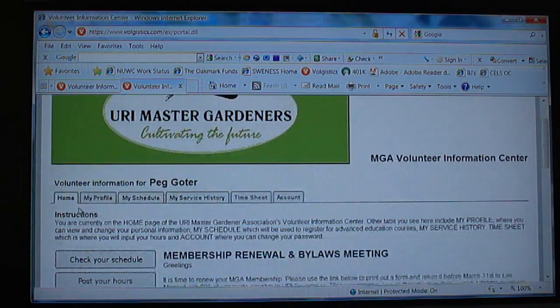So I will do separate videos on My Profile tab, My Schedule, which is used for signing up for our advanced education classes, My Service History, which will allow you to go back and look at past entries you've made, your Timesheet, which is the tab that's used to input all your hours, volunteer and education hours,